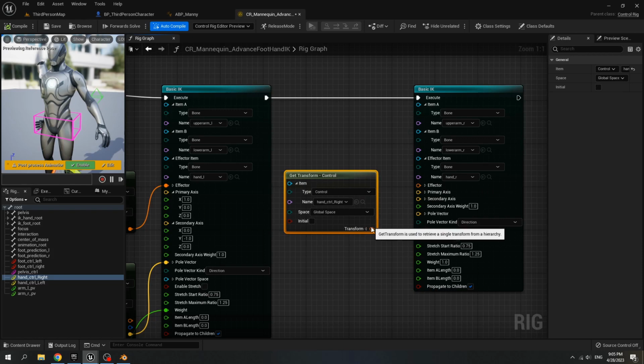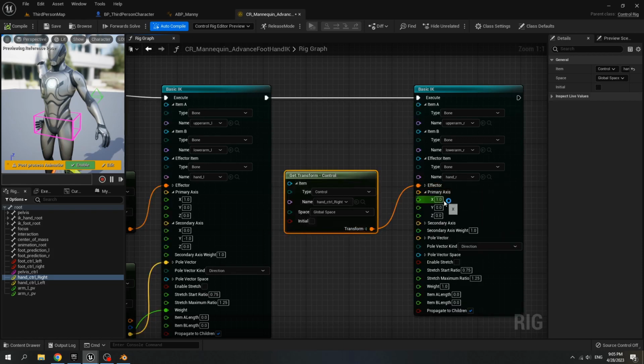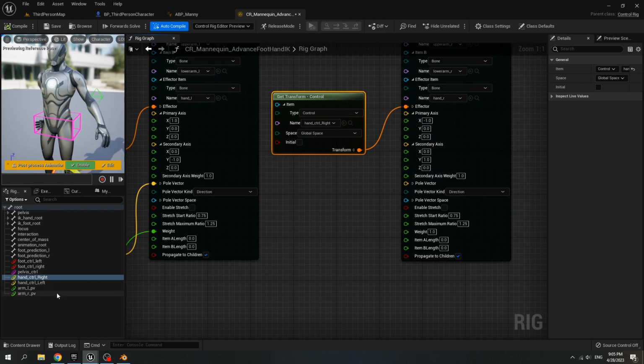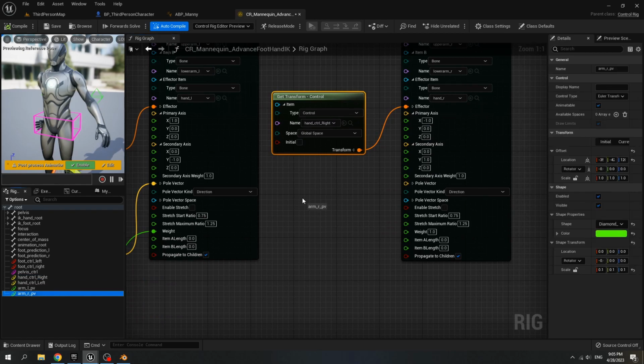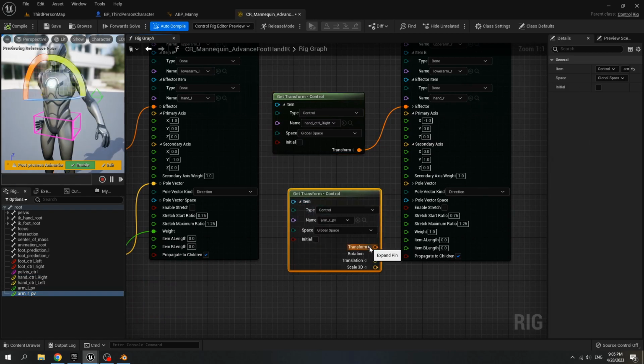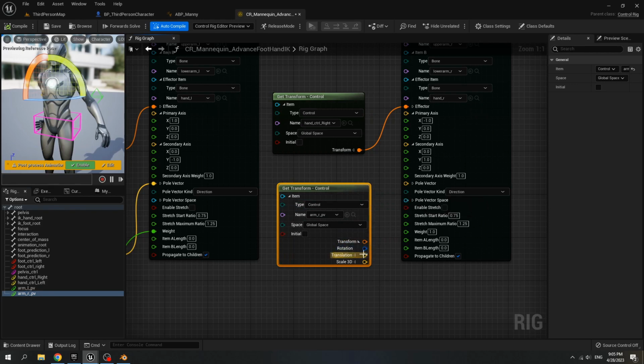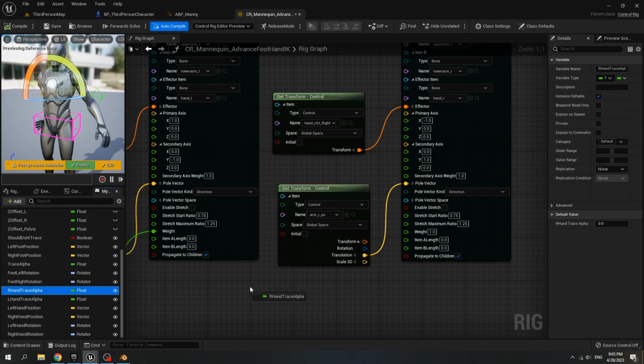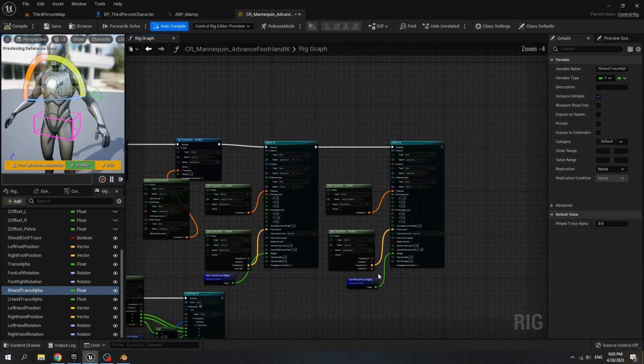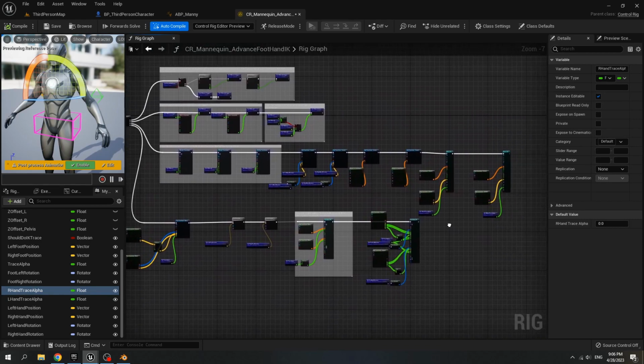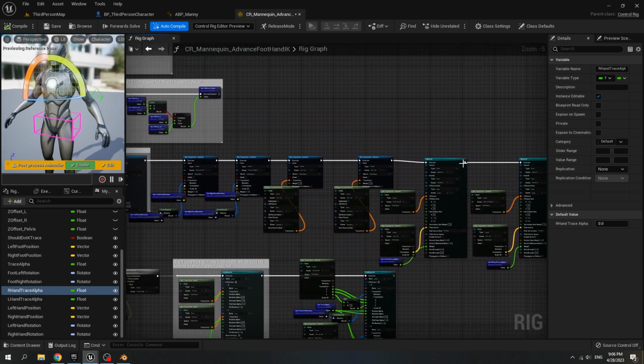Connect the transform to the effector, and for primary axis X is -1 and the secondary Y is 1. Then get ARM OPV control, expand it, connect the translation to pole vector, and hand trace alpha, connect it to the weight. And this is our control rig for our hand.